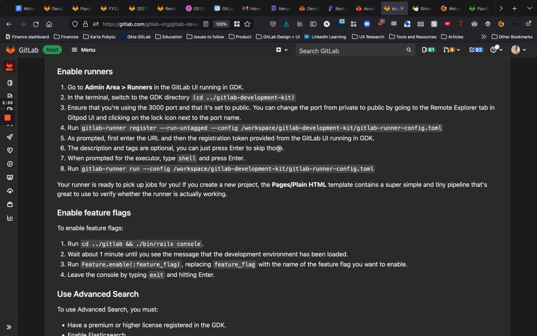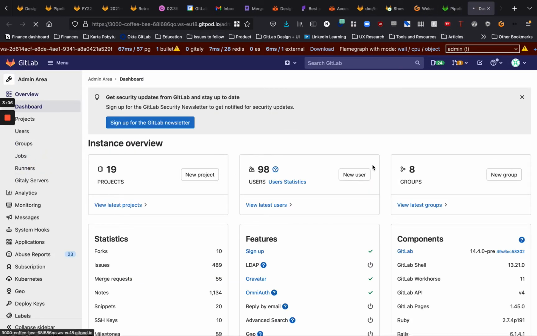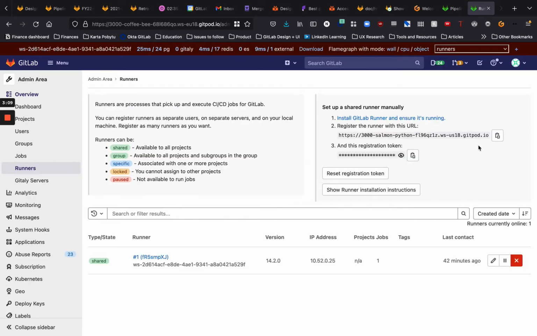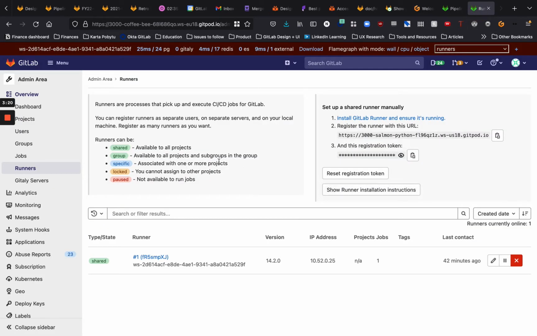One thing to look out for at step 5, when you need to enter the instance URL for your runner, you will have to go to the admin dashboard, you will have to go to runners, and the instructions tell you that you need to take this URL and copy it and paste it in your terminal. So this is where you would be operating. But for some reason, I think it's a bug, this URL doesn't match the actual URL of the instance. So you need to take this URL and not this one. Excuse me. So you take this URL and then